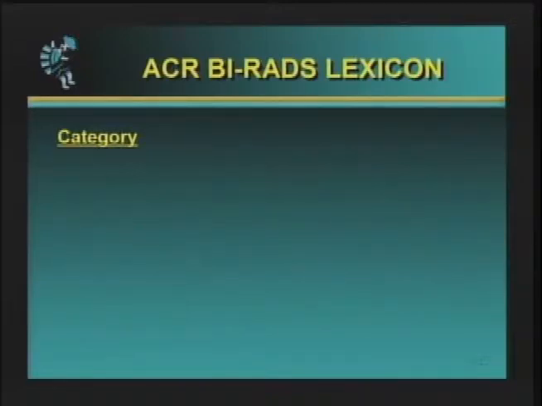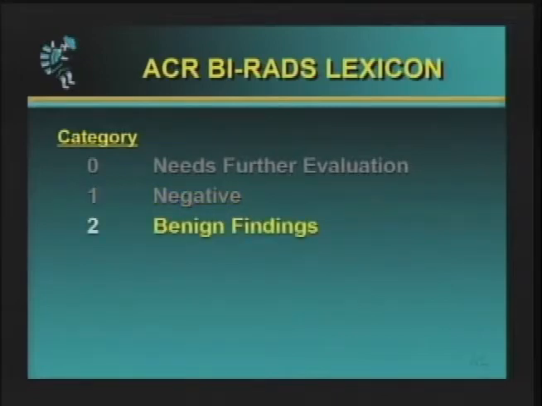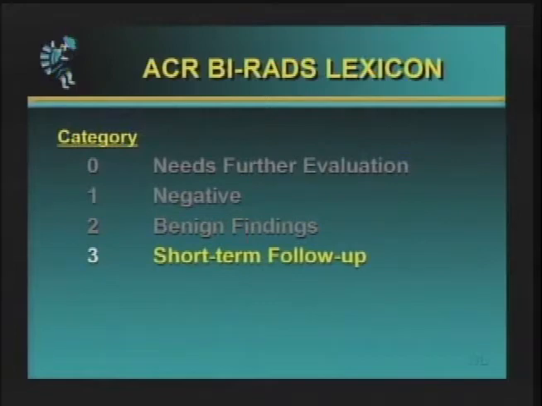One is the lexicon, which talks about the different categories, and the other is the lexicon in terms of the descriptive terms we use to describe masses. I think you're all familiar with the different BI-RADS categories. They're required under MQSA to be put in every report. That is Category 0, needs further evaluation; Category 1, negative; Category 2, benign findings; Category 3 is the short-term follow-up,